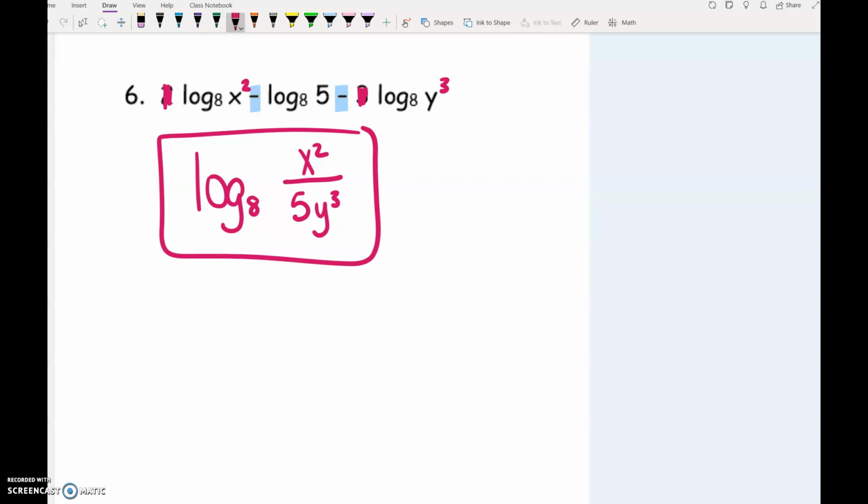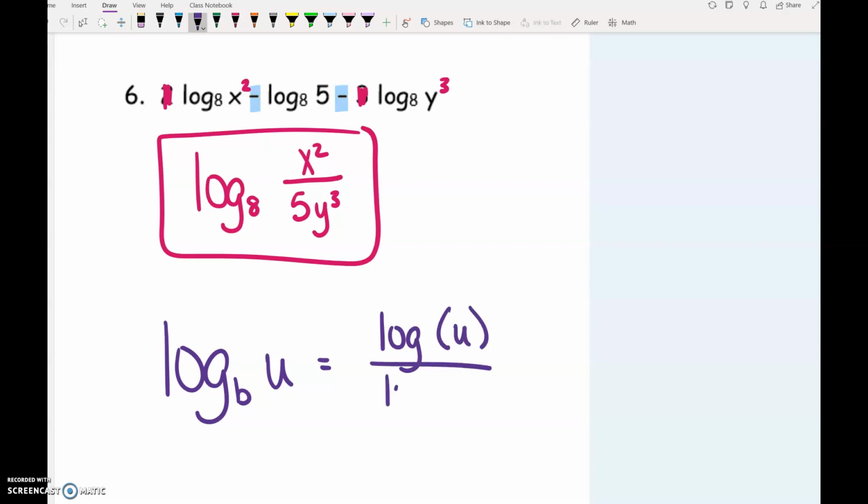On your assignment today, the first part of it is change of base, which we've talked about several times. So I'm just going to write down here, remember, if you've got log base b of u, you calculate that by doing log of u divided by log